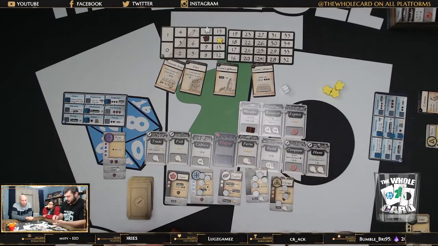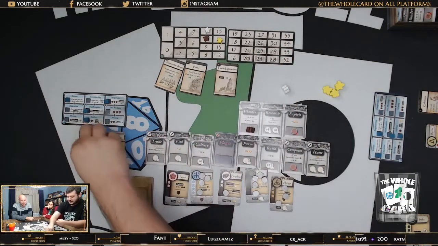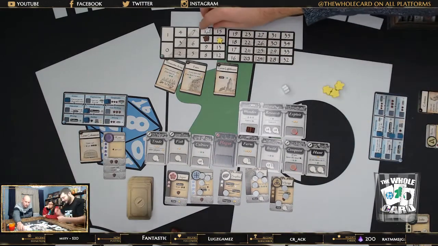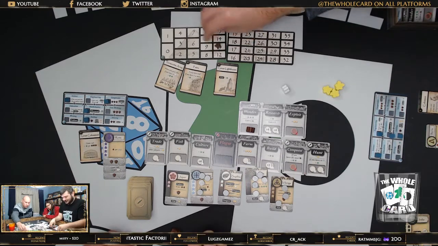So let's build a wonder. I'm going to get me 3 points and the Great Colosseum. The Great Colosseum is going to be that. He might get his wish of 27 points. I'm getting there, y'all. I'm still losing, but